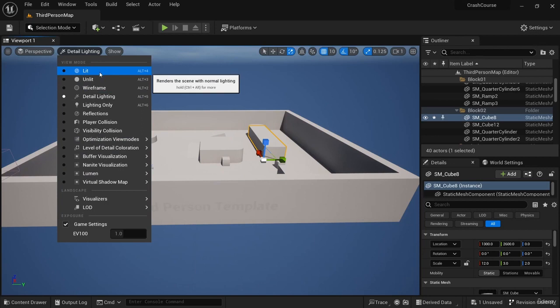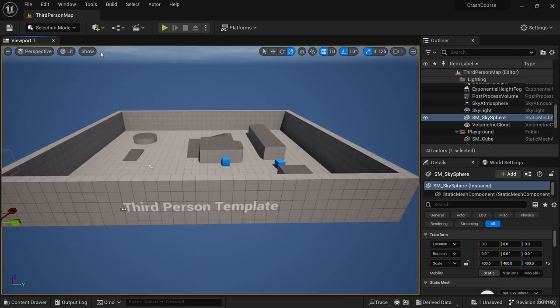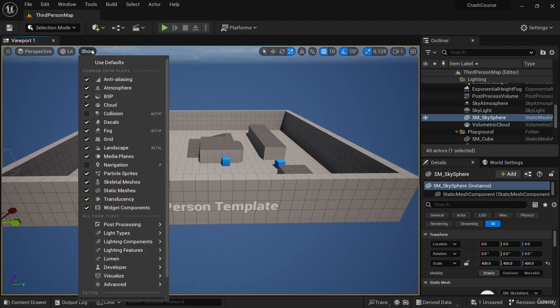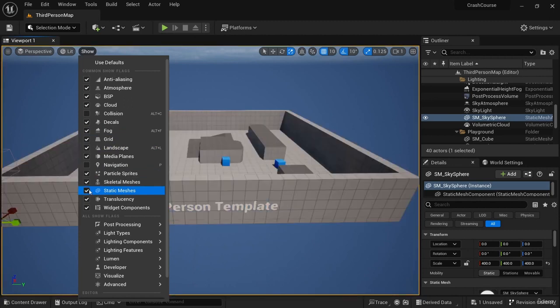But generally speaking, you just have the lit mode, which is basically what your game will look like in the end. The show button here is also very important because you can hide and show different things in your scene. For example, static meshes, if we turn this off, like the entire stage is hidden. But what you use most of the time is use navigation to confirm that your navigation mesh is working, and